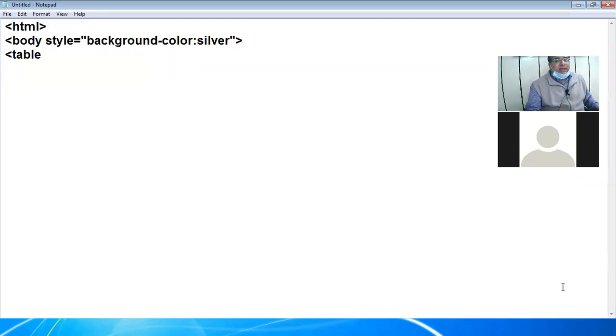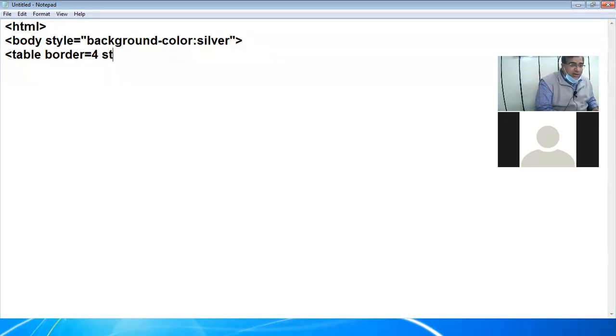Now in the table tag, what do I want? In the table tag, I am taking a border of size 4. Now I want to take border color and border style via CSS. And you know the border styles in CSS: ridge, double, dotted, dashed, inset, outset, right?